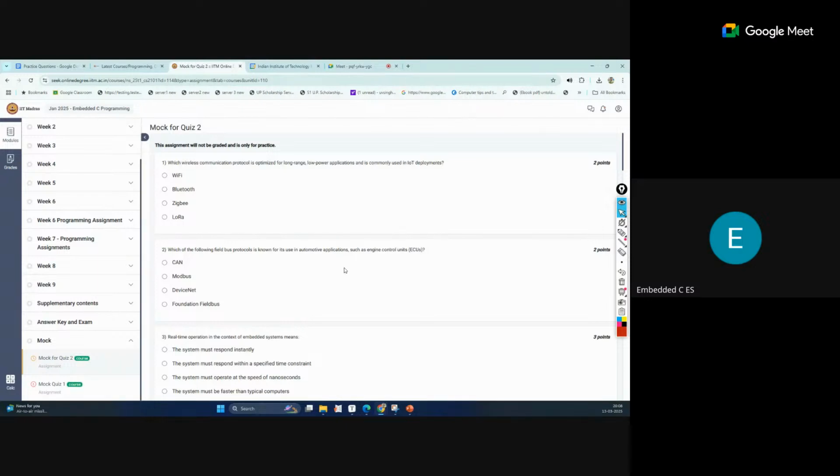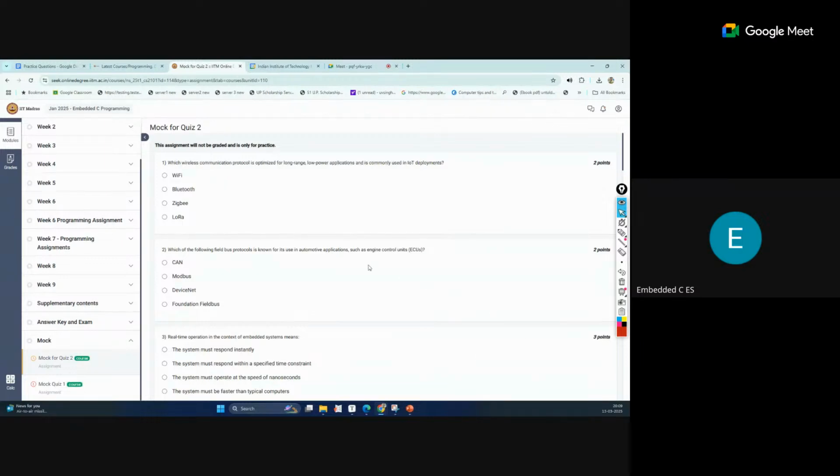So that is one very important application and also research area of the Internet of Things, where we need a communication protocol that works for long range with low power applications. Otherwise, Wi-Fi, Bluetooth, all these are short range communication protocols, maybe 10 to 100 meters only.